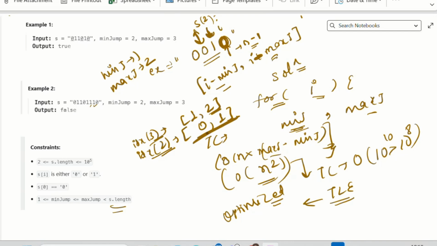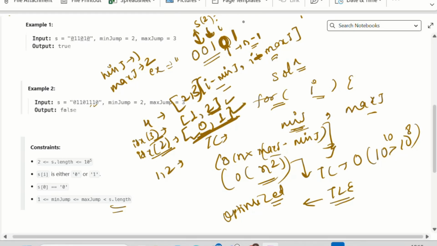Because from 2 to 3, my 0 will be removed and my 2 will be added. Same from 1 to 2. So for index 4, my range will be 2 to 3. So in every range, for every index, I am moving the left side by one index and the right side by one index. I will remove this and add the next index. So basically the same thing we will be using in our solution for this question.